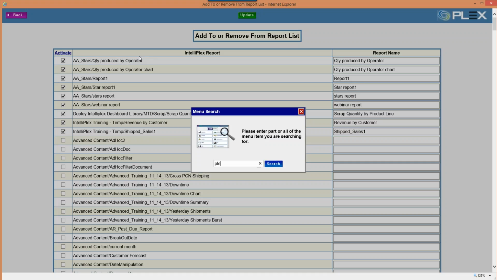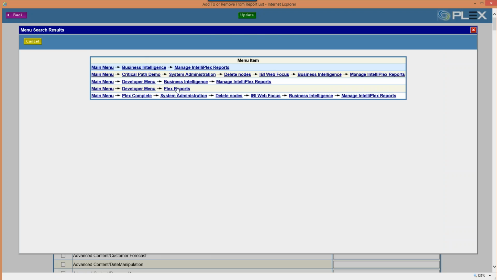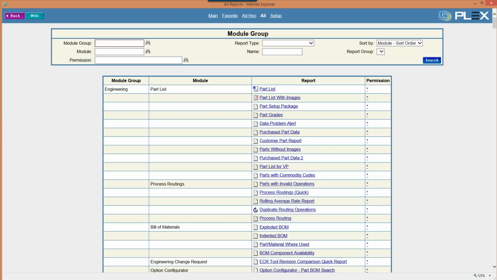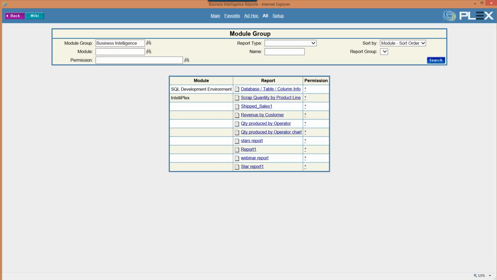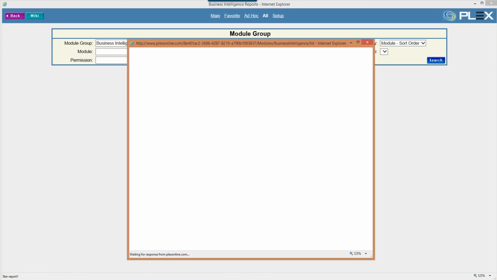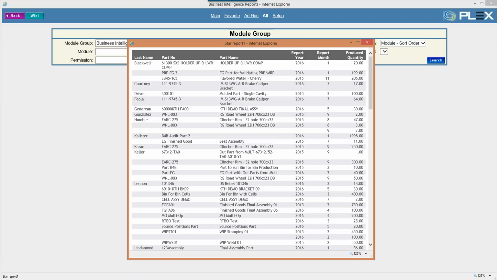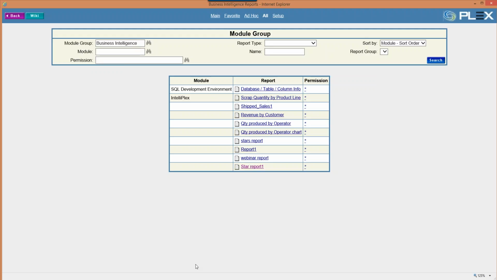Now that it's saved, I can go out to my Plex reports. And since I've not moved this thing around, it's still in my business intelligence section. I'm just going to search on my reports there. Oh, I forgot to make it an active report. Oh well. But at any rate, you can see that just clicking on that in the Reports Manager brought it up as a report accessible right within Plex. To go ahead and make it an active report and save it again. Save it as an active report.